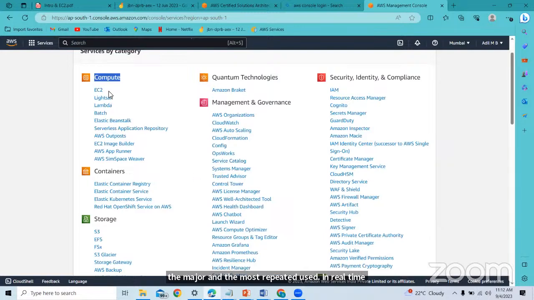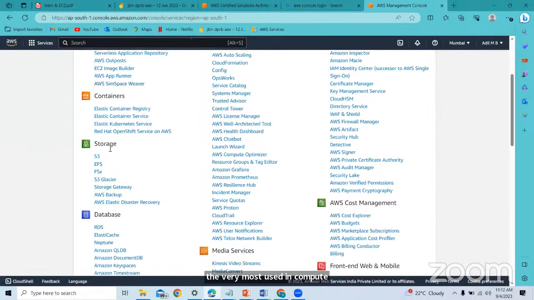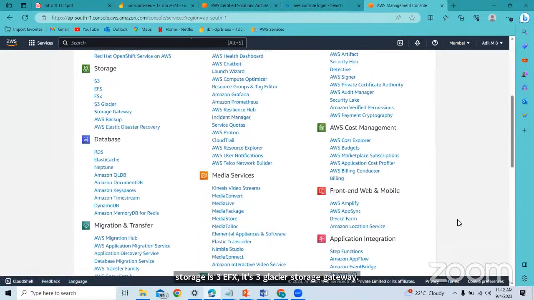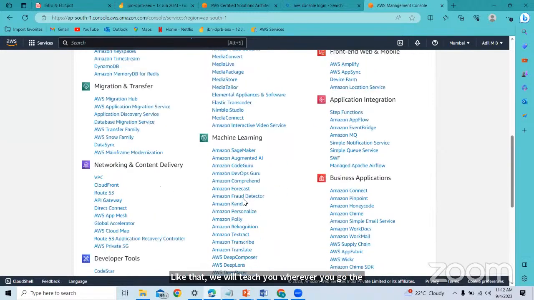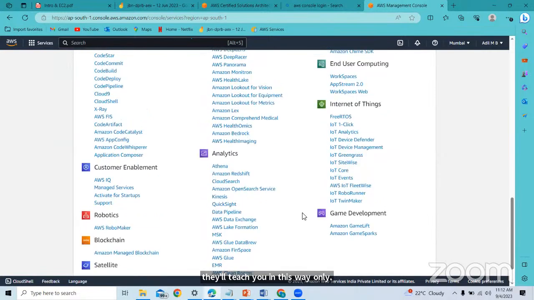Here, EC2, Lambda, Beanstalk are the most used in compute, and I'll be teaching you these. When it comes to storage, S3, EFS, S3 Glacier, Storage Gateway are the most used ones. I'll teach you these. Wherever you go, they'll teach you this way only. This is how you should say it in an interview.